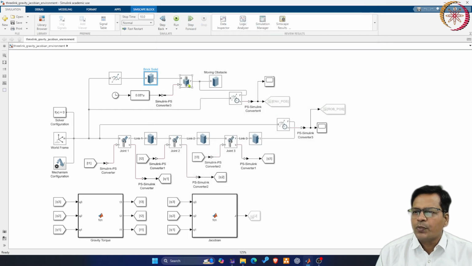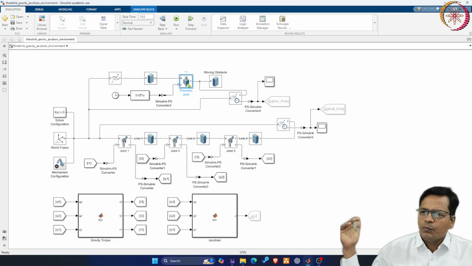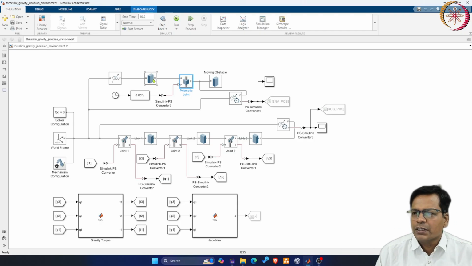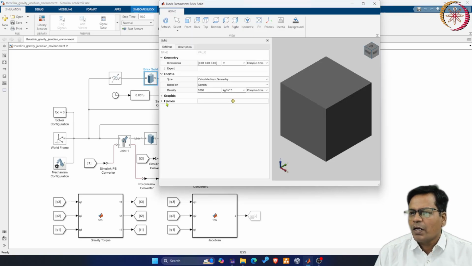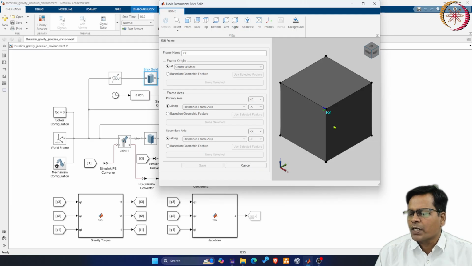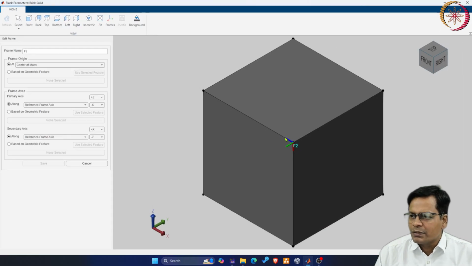Now I have put a prismatic joint. The prismatic joint will make this obstacle move towards the robot. So now you have frames here again. The frame is put like this because I want to move along this direction.